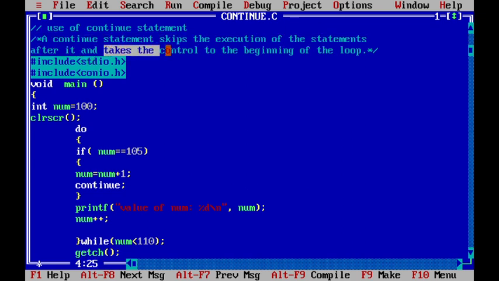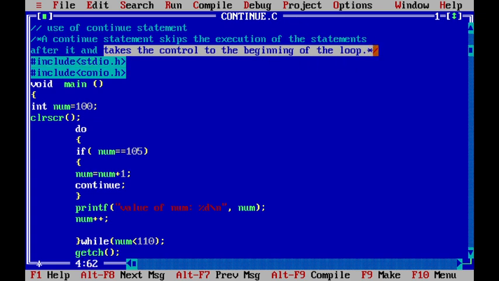It again says it takes control to the beginning of the loop. Whenever the compiler finds continue, it will not execute any statement after that, and control will be transferred to the beginning of the loop.